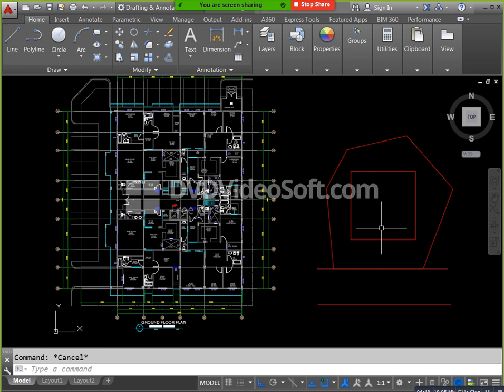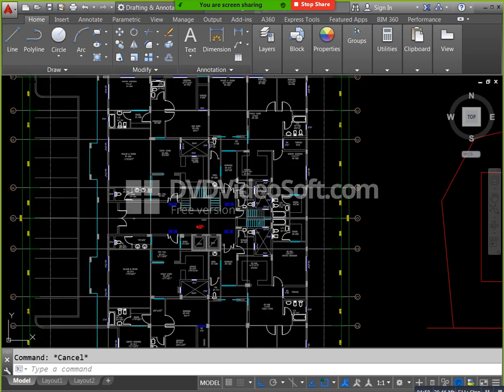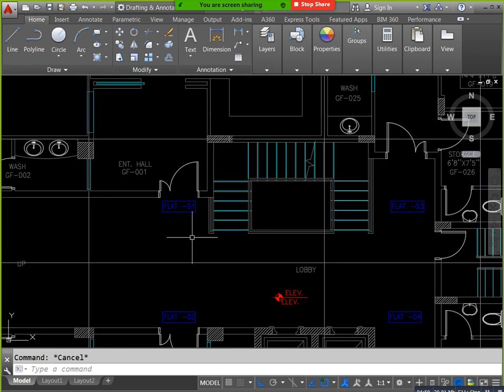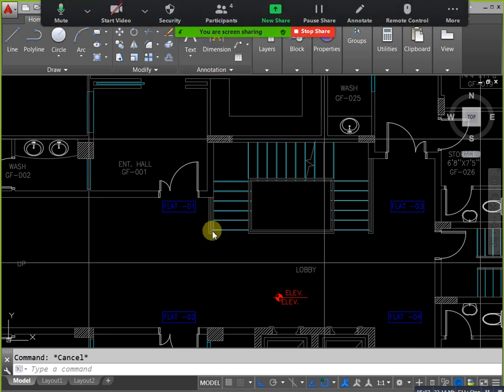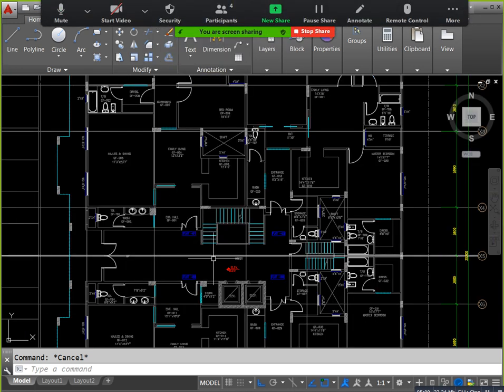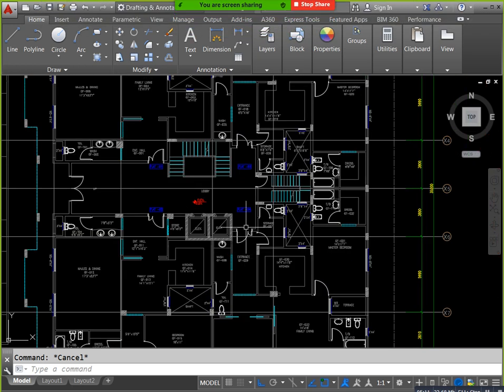For example, this rectangular area, this one is similar. See, in this building plan we have 4 in total. This is flat 1, this is flat 2, this is flat 3, and this is flat 4. Totally we have 4 flats here. In these 4 flats, we consider this a residential building. For this residential building I need to create an HVAC system. For HVAC system creation, first of all we need to know about which one?